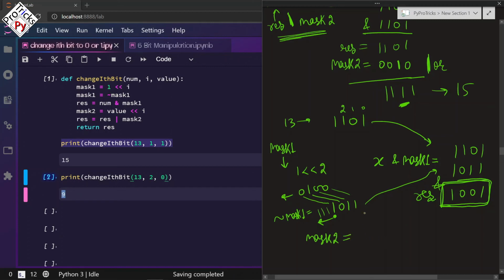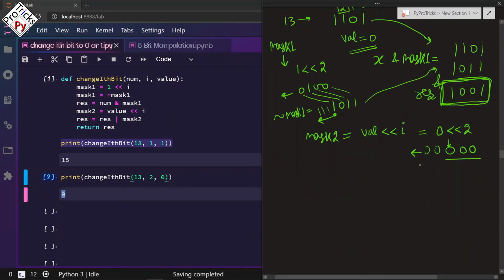What is the value which we want to set? The value which we want to set is 0 at the second position. So we want to shift the value by i number of places. So we want to shift 0 by 2 number of places. So 2 zeros will be added before this 0. Okay, so we have 3 zeros here, and a lot of zeros are here also in the back side.